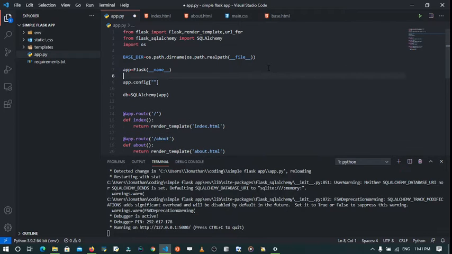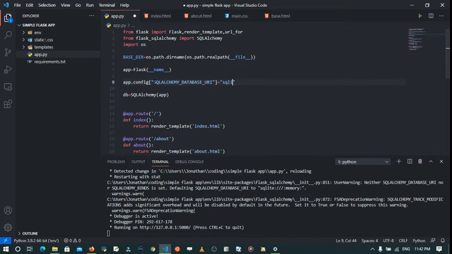In this case, I want to specify the SQLALCHEMY_DATABASE_URI. So I'm going to say SQLALCHEMY_DATABASE_URI is equal to, then I specify,